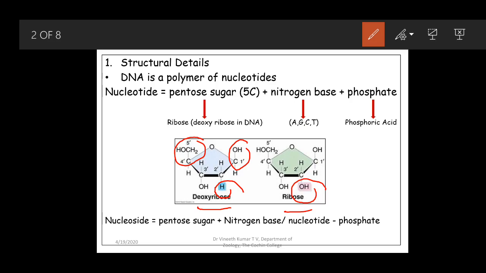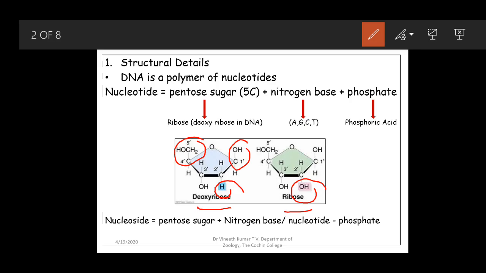These are the important points in this discussion because the C1 carbon, or the C1 hydroxyl group, is the place where the nitrogen base is going to be bonded in this particular sugar to form a nucleoside, a pentose sugar plus nitrogen base, and at the 5' carbon the phosphate will be attached, and thus a complete nucleotide will be formed. So these are the two positions, the 1' carbon and the 5' carbon.